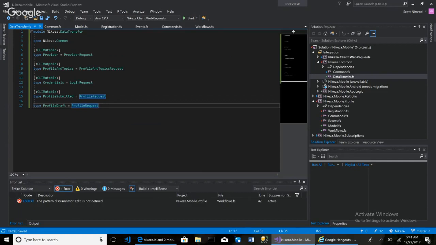And the conflict that I think I'm observing right now is when you do a type alias, that's not enforcing the recognition of a state. We're just aliasing a type with another type. Okay. So